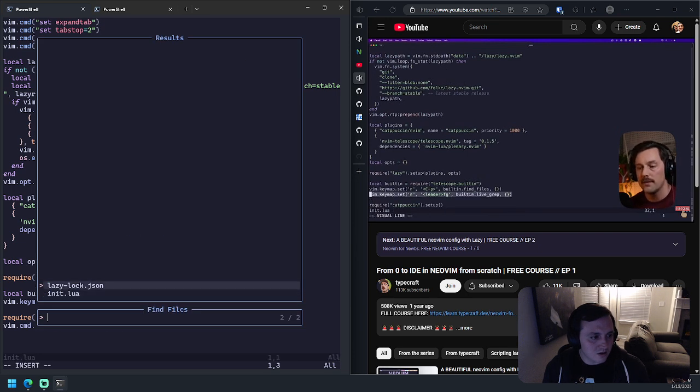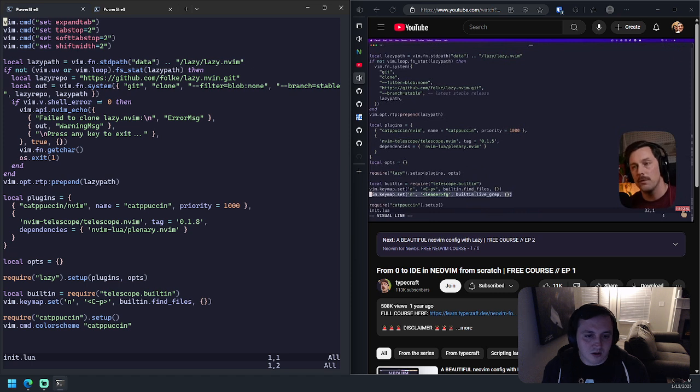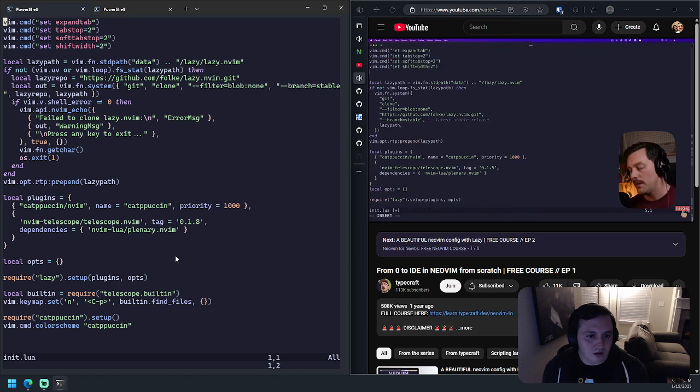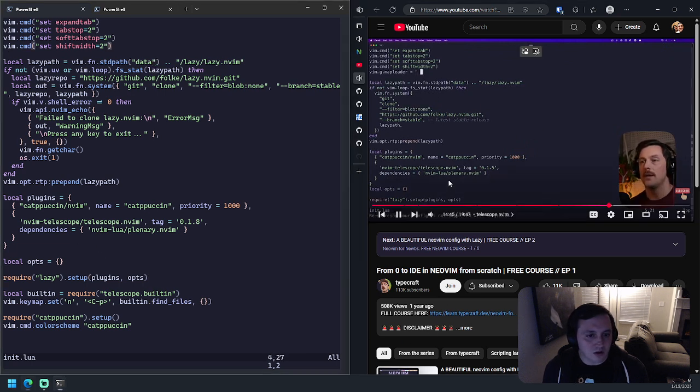Now there's one more I like to do, and that is live grep, which allows us to grep throughout our project. I set it to leader FG, which for me is going to be space. I didn't even set my leader yet. So vim.g.mapleader needs to be set to space. So now if I source this file,